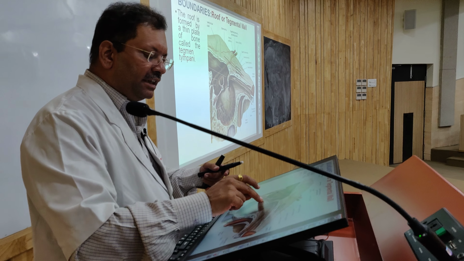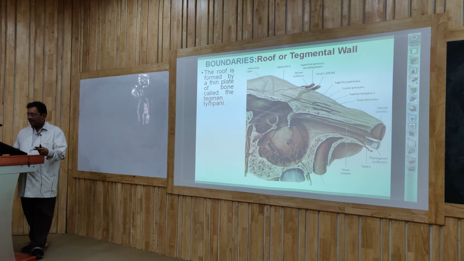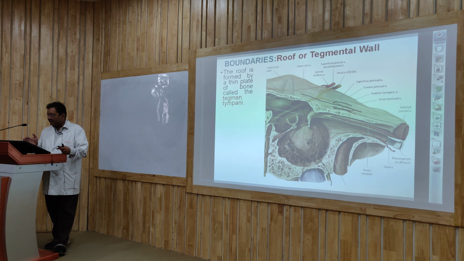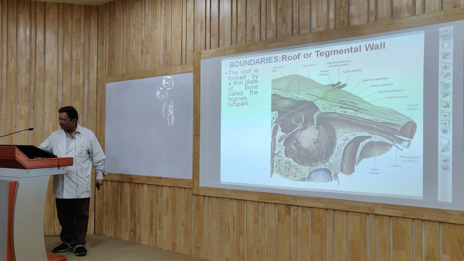We can see the promontory here. Can you see this promontory? Yes. And then it is forming the tympanic plexus. Now another thing, can you see from the anterior wall? What we see in that anterior wall? We see the big artery here. Which this